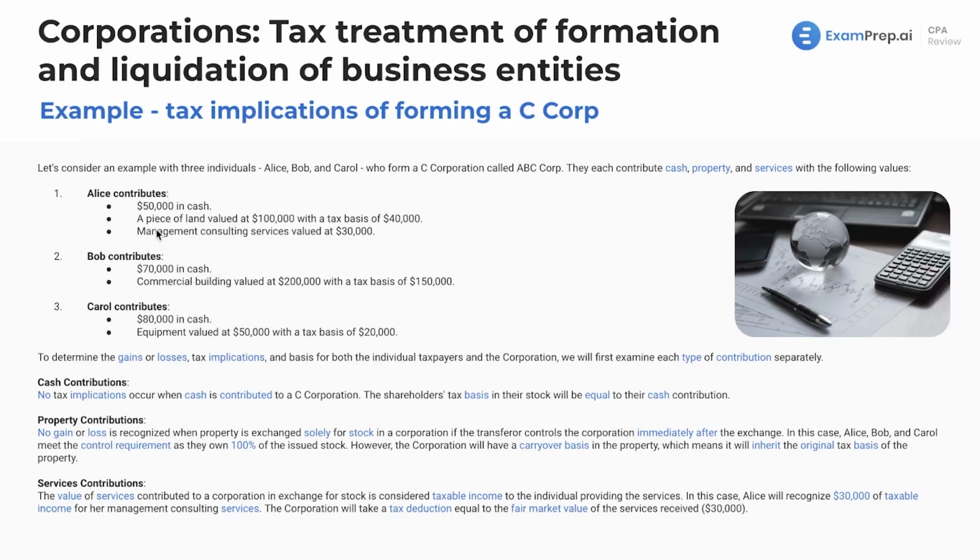And who's giving property? It looks like all three are giving property. Piece of land, equipment, commercial building. So that looks like we're all doing that. So no gain or loss will be recognized when property is exchanged solely for stock, if the transferors control the corporation immediately after the exchange, and in this case, A, B, and C, Alice, Bob, and Carol, they do meet that control requirement as they own 100% of the issued stock. However, the corporation will have a carryover basis in the property, which means it will inherit the